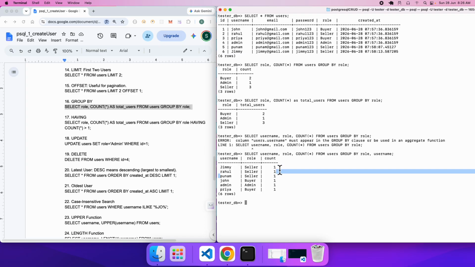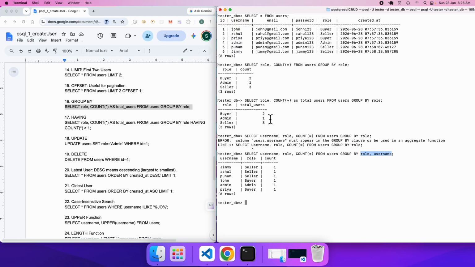For that reason it is showing this 1 1, because now it is grouping not just based on role, but at the same time based on username, and this username basically doesn't repeat, so naturally it will just be 1. Well, I know it doesn't make that much sense, because you would be saying that since we are not getting the count as 2, that is perfectly fine, but at least one thing